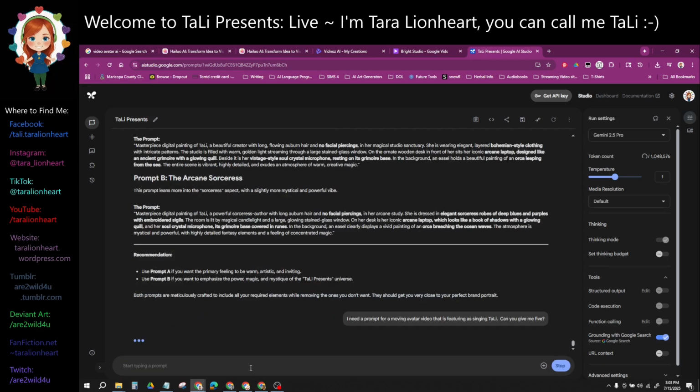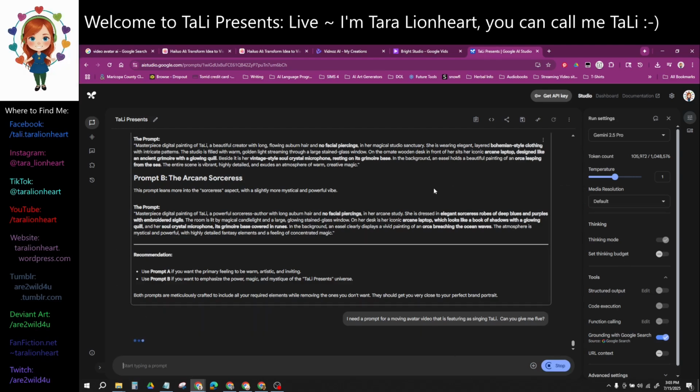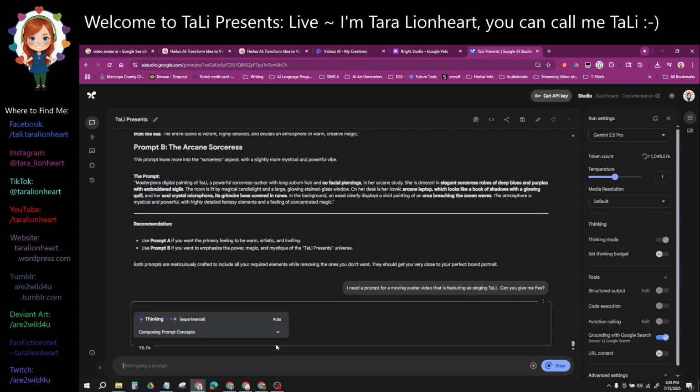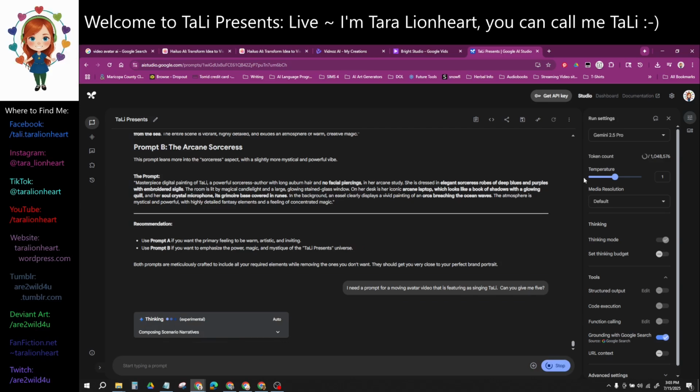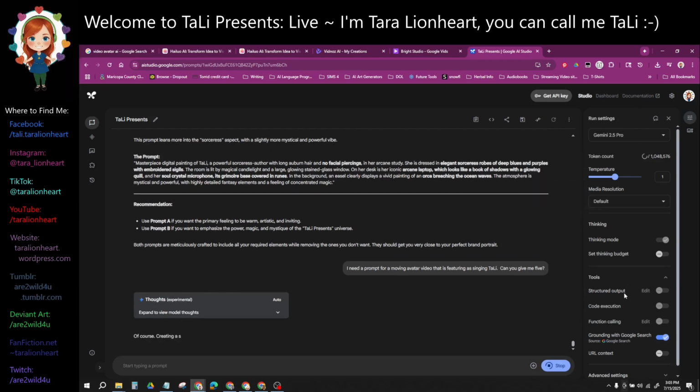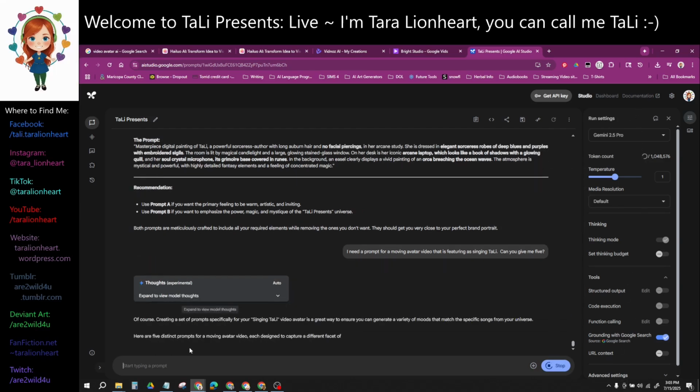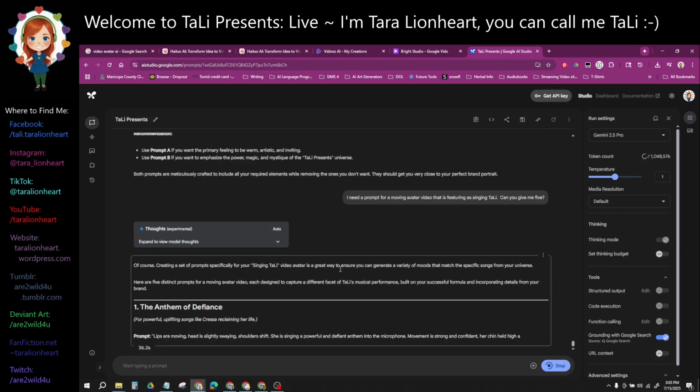And then this is a control enter or go click the button to enter. It's one of the most commonly interacted with versions of this interface of Gemini versus the web version that has the familiar logo. So it shows I've got thinking turned on. There's a whole lot of settings you can interact with on this one. So I've got it to show me how it's thinking. And then here we go.